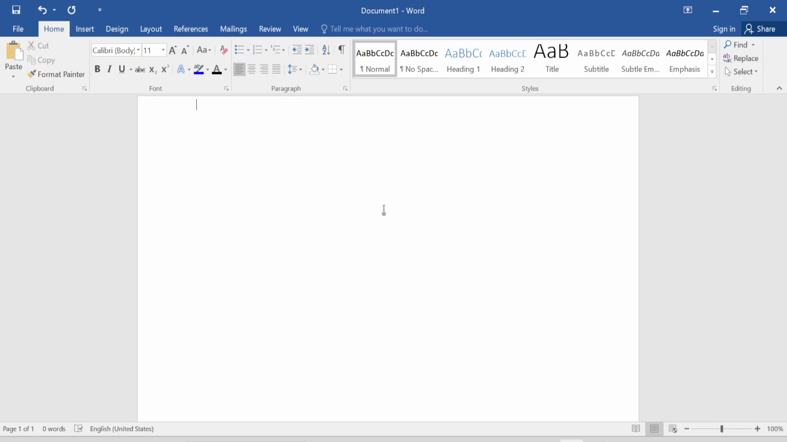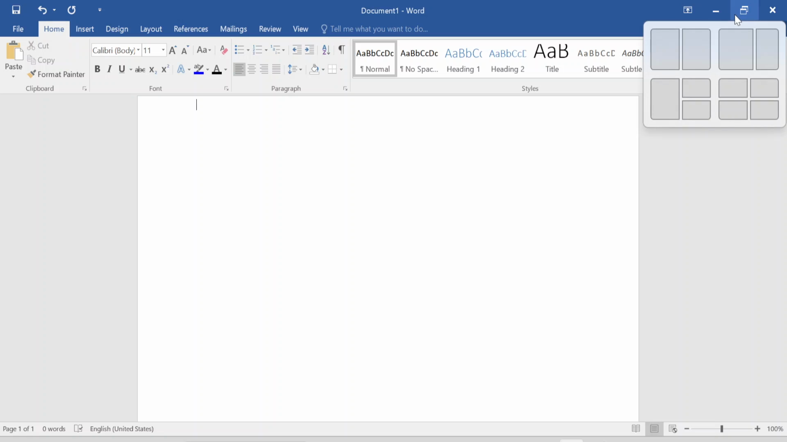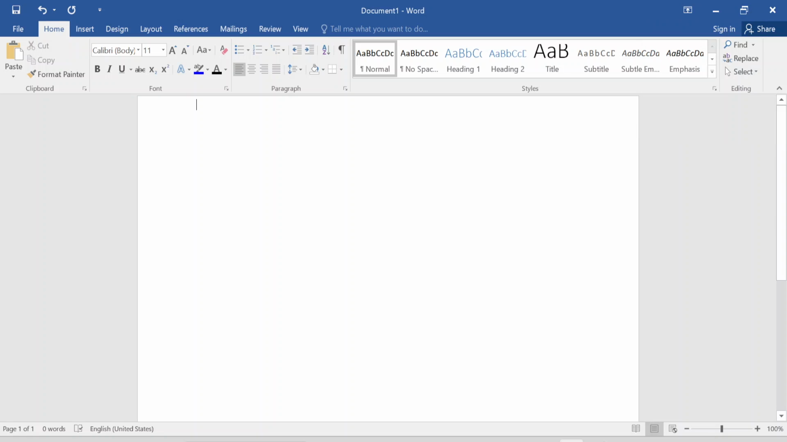On top we are seeing the close button, and the restore or minimize buttons. And yeah, this is what the Microsoft Word basics look like, and I will explain all the other things in detail